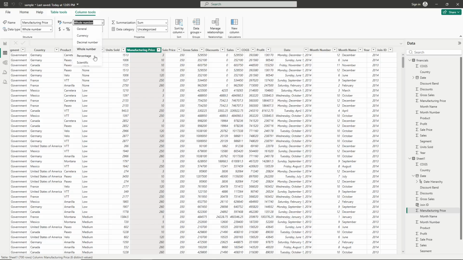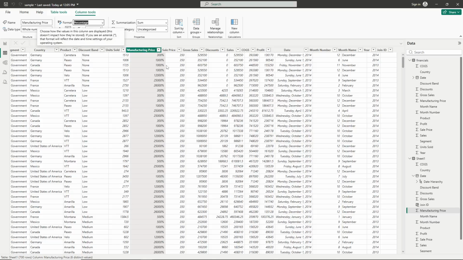This action instantly converts your selected column's data into percentage format, ensuring that values are shown with the correct percentage symbol and decimal places. Power BI automatically adjusts the display so that a value like 0.25 now appears as 25%, making your data much more intuitive and professional looking. And that's it, your percentages are now displaying correctly in Power BI. This simple formatting adjustment can make a significant difference in how your reports and visualizations are interpreted, ensuring clarity and accuracy in your data